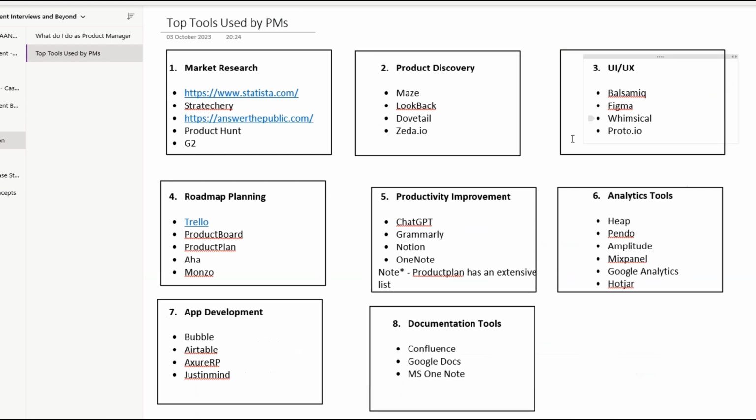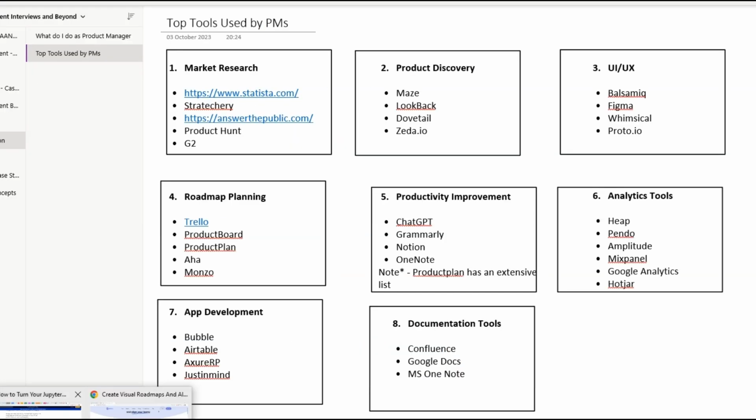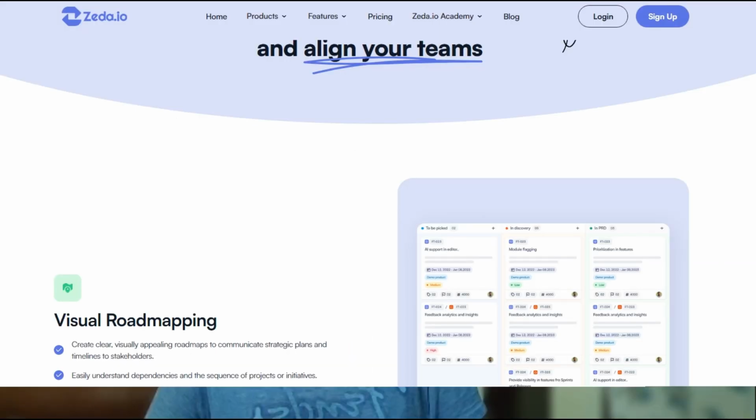Now coming to the UI UX parts. So for UI UX, right, I have always believed that you have to basically speak the language of the designers. Let's put it this way, right? So your designers are the ones that are primarily going to use a lot of the tools, but you at times, depending on the scale of your organization, might also be required, and you might be pulled in, for example, to develop low fidelity or high fidelity mocks, right, for your customers. So let's have, I think, a look at some of the